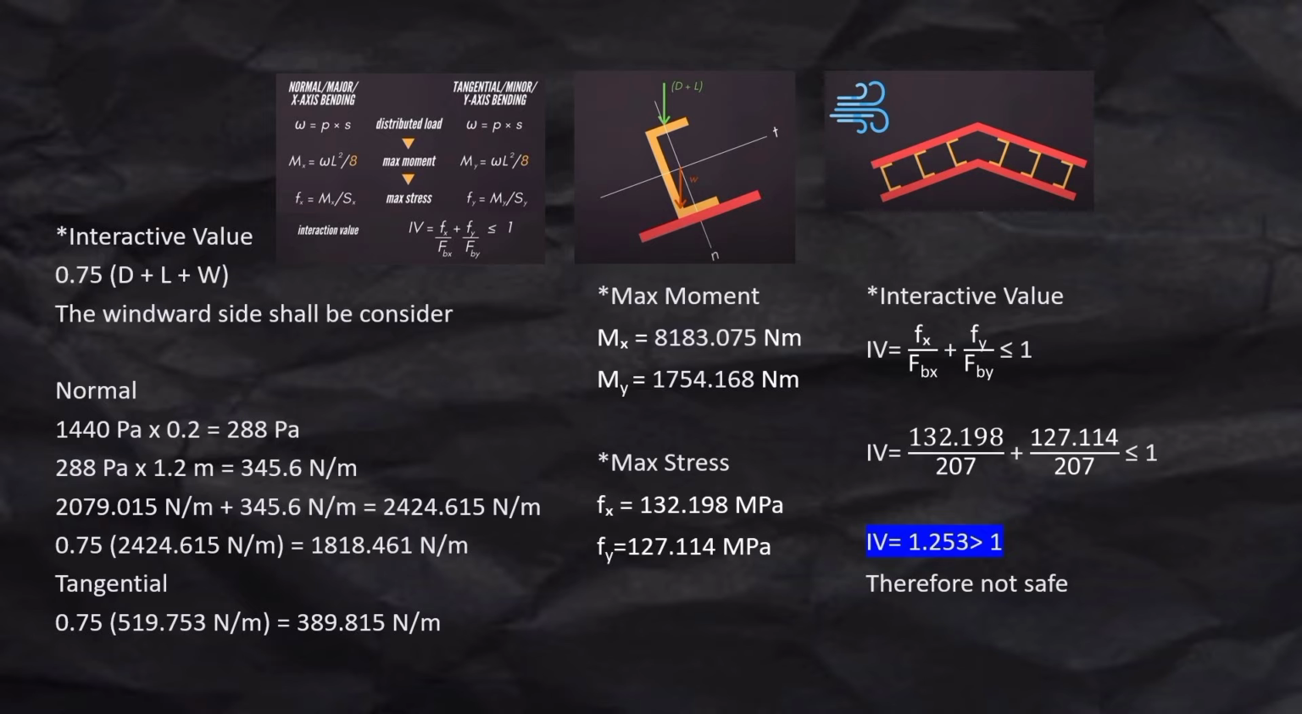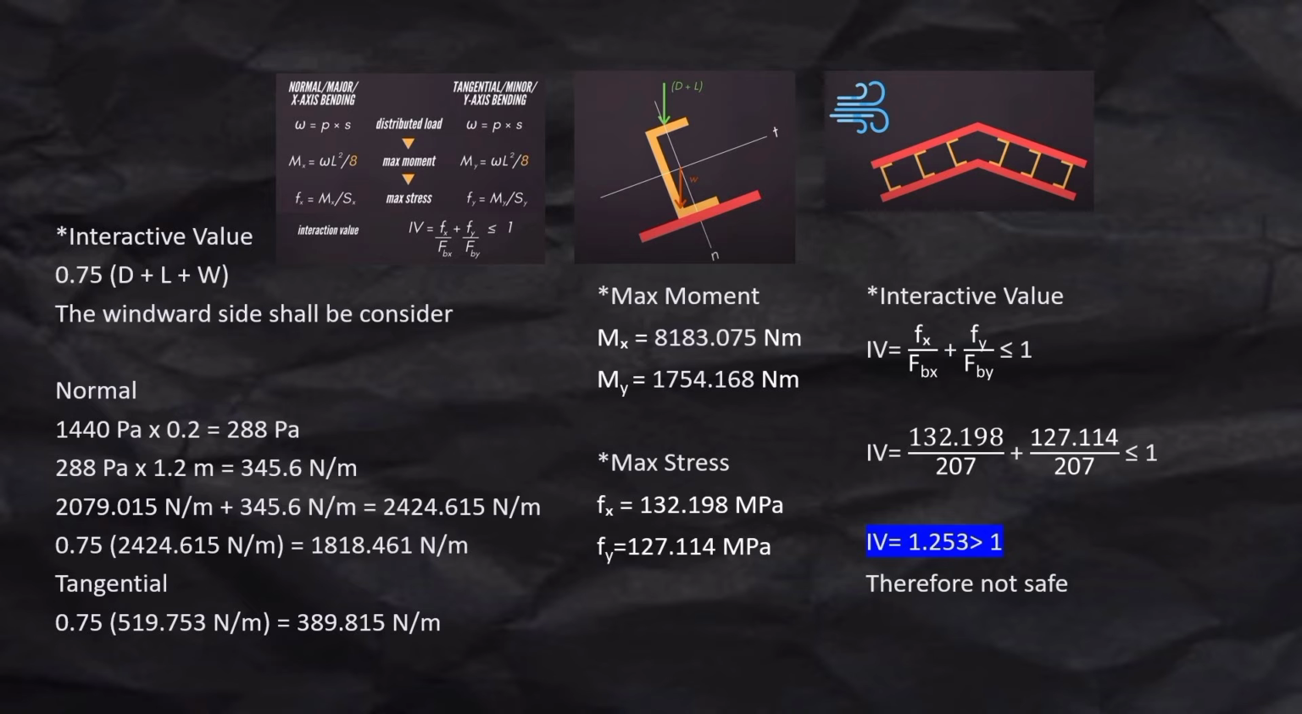Pagdating kasi sa leeward side, nagka-contribute pa yung windward side para makabawas ng loads niya. Kaya mas consider natin yung sa windward side. So, for the normal, 1,440 Pascal, yun yung wind load, times 0.2, which is 288 Pascal. 0.2 is the windward coefficient. 288 Pascal times the spacing na 1.2 meter is equal to 345.6